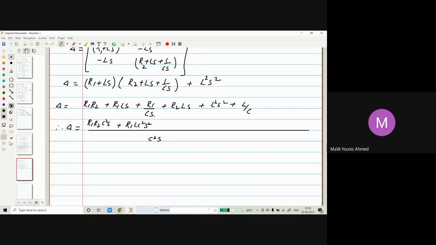Okay, plus then it will be, if you divide this, then the remaining figure will be C. So you multiply it by C. Plus here you completely multiply this, R2 L C square S square, plus here,